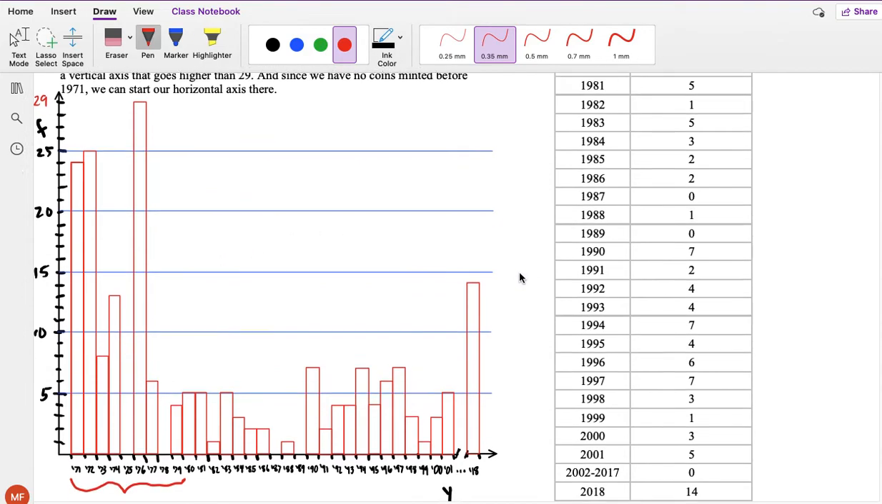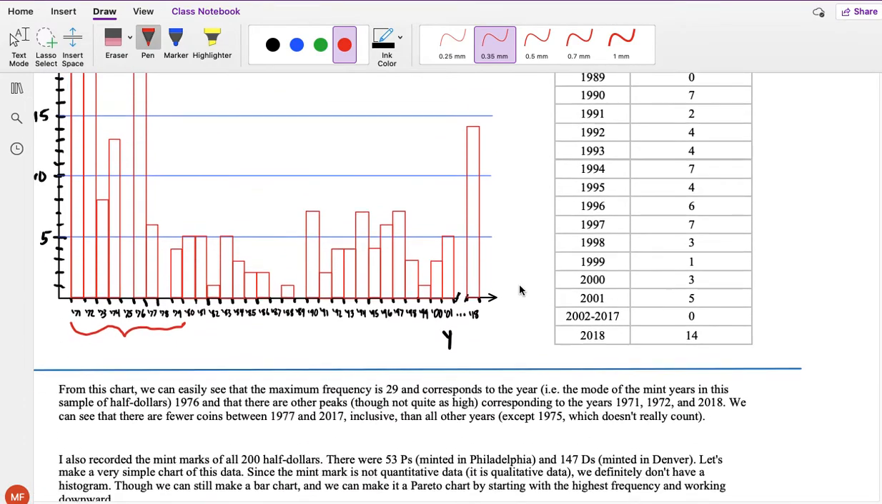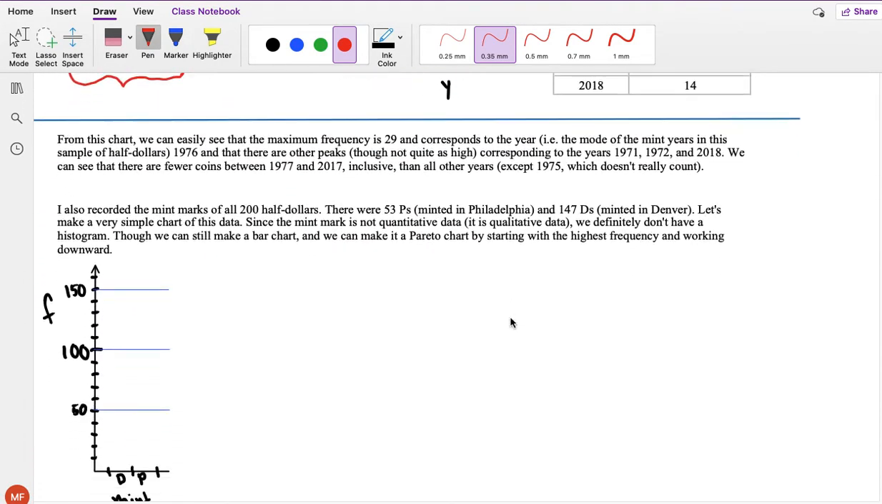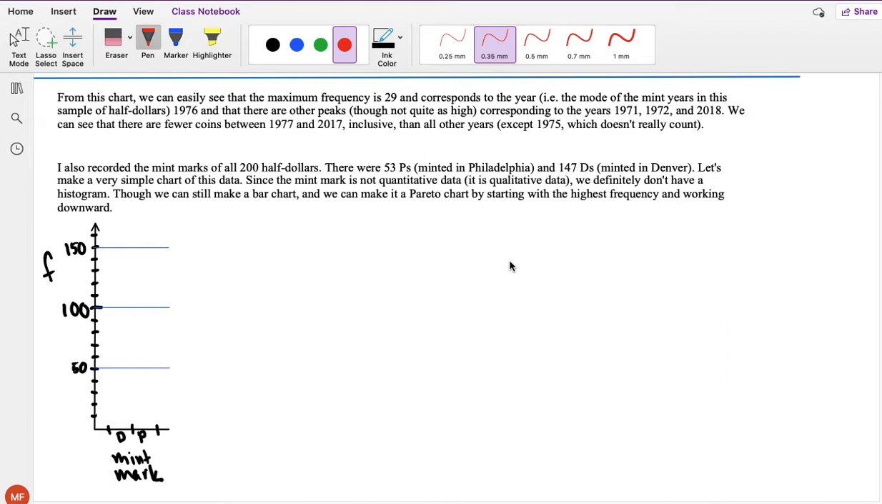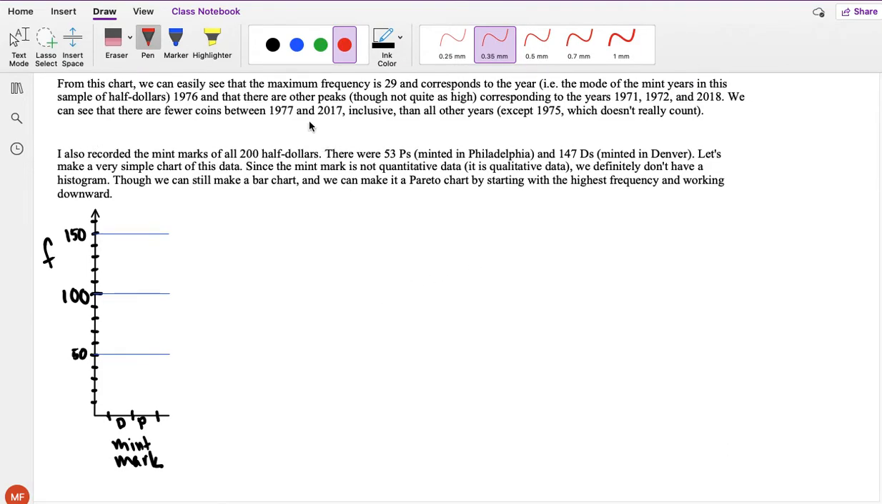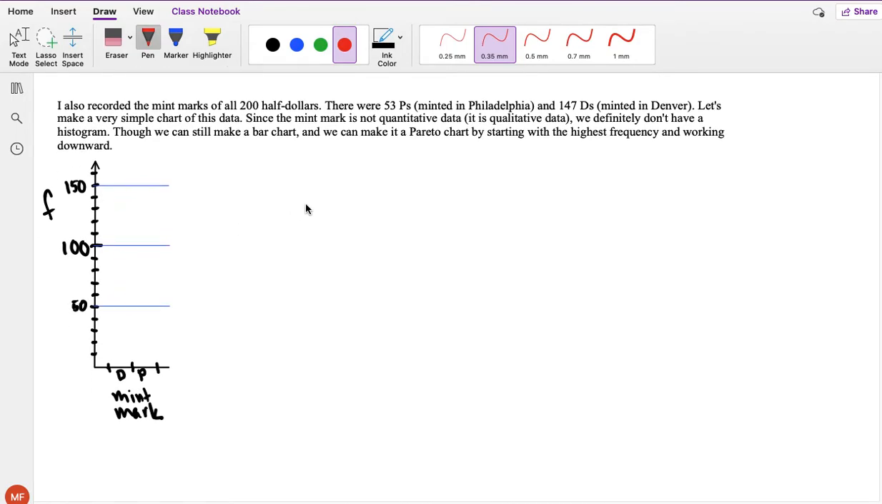So just to make sure that we're getting things, let's do another much simpler one. Also, it's a chance to talk about a similar but not quite the same chart. Okay. Here, this is just describing some of the things we've already talked about. The fact that in such a chart, we can easily see where the peaks are, how spread out the data is, that type of thing. Okay, so for all of these 200 half dollars, I also kept track of the mint